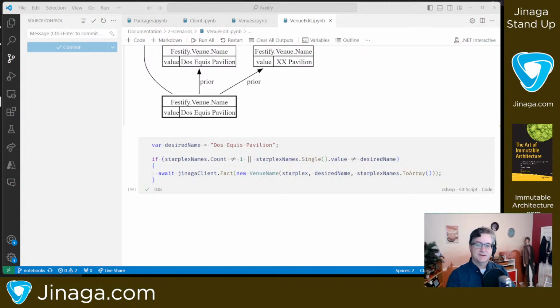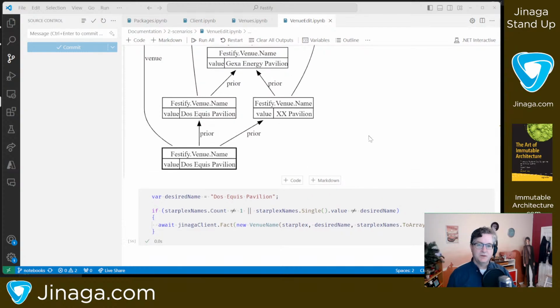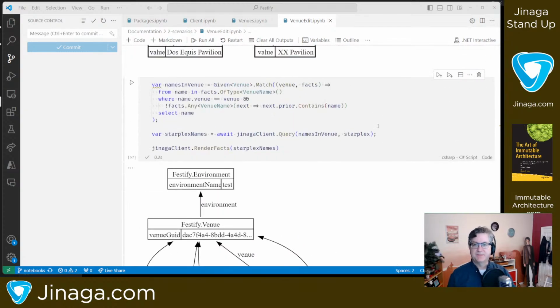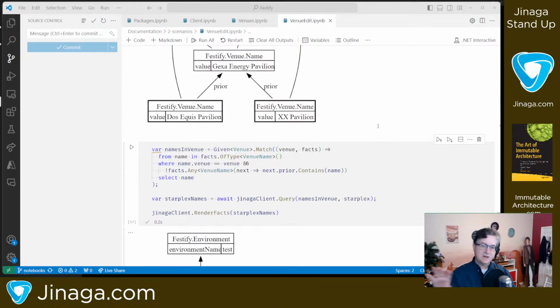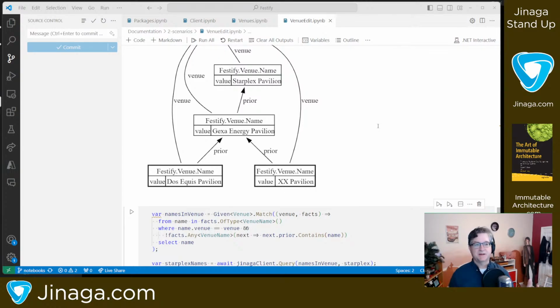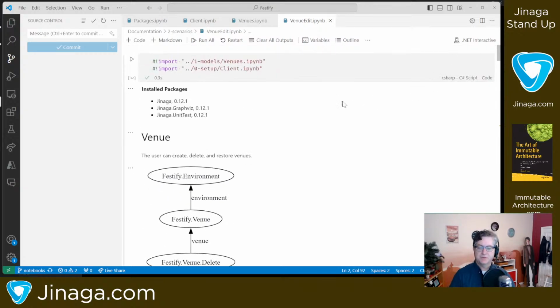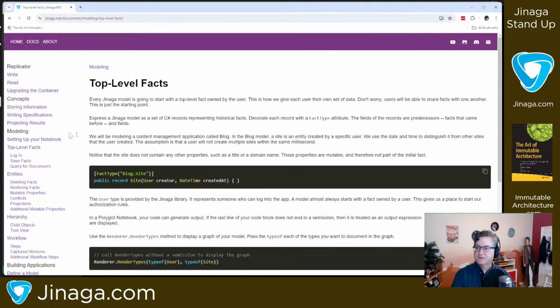All right. So the last time we talked, we went over creating mutable properties using the mutable property pattern, and that rounds out the basic modeling techniques that you're going to use. So just to recap, we're going to create a particular structure. Here we are inside of the scenarios folder. Let's go back to